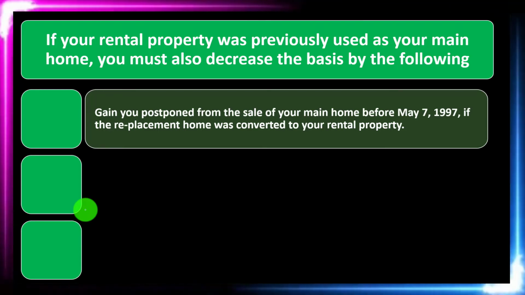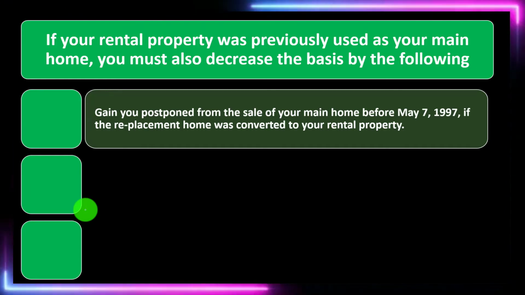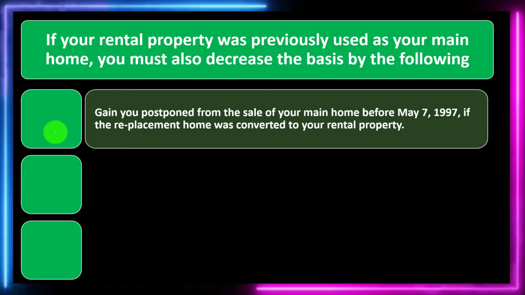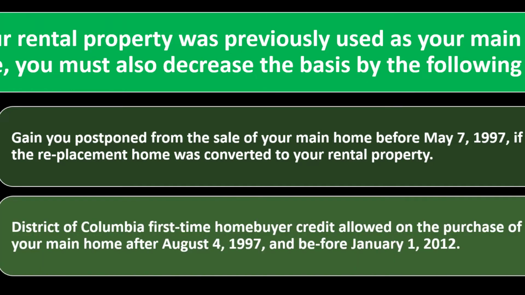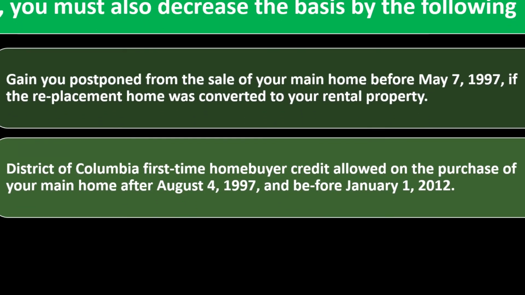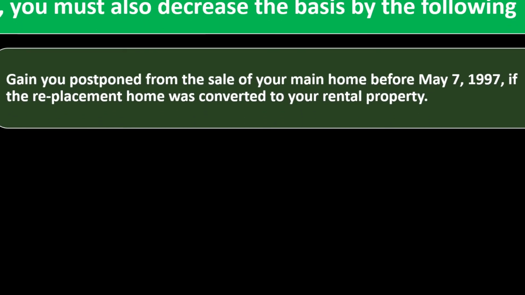following. So now you got your rental property that was used for your main home before you made it into the rental property. You got the gain you postponed from the sale of your main home before May 7th, 1997, if the replacement home was converted to your rental property. So that's kind of an older rule that took place with regards to the selling of the property in the past. So once again, gain you postponed from the sale of your main home before May 7th, 1997. So there's kind of the rules with your rental property and what you can do to not have to